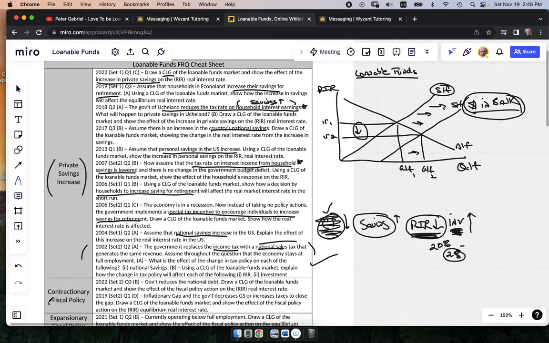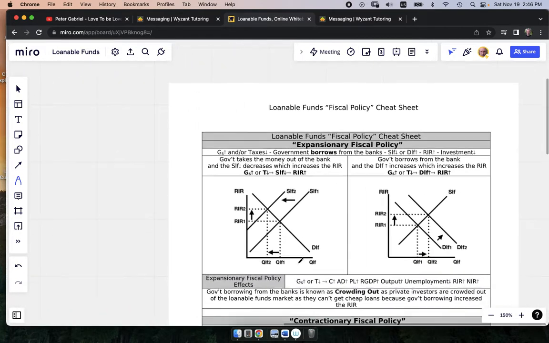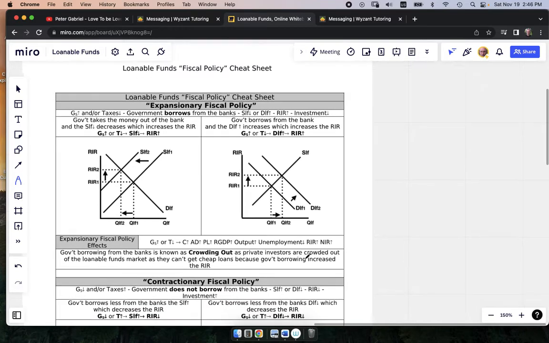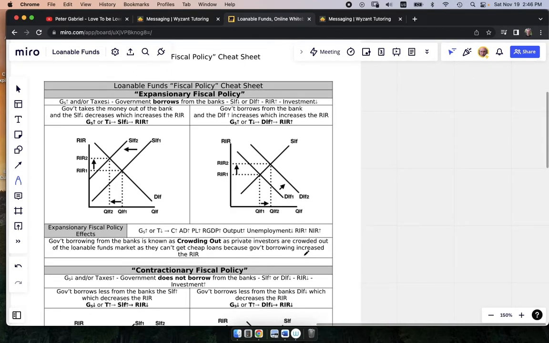Let's talk about fiscal policy, which is government spending or taxes, and see if we can make sense of it here. We've got a little cheat sheet going on here. And if we have expansionary fiscal policy, which you and I should know is used mainly when we're in a recession. There's our long run aggregate supply, our short run aggregate supply. Here we are with our aggregate demand to the left of full employment. There's our price level. There's our real GDP.